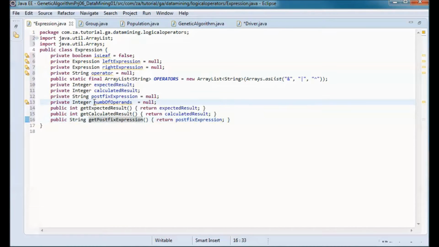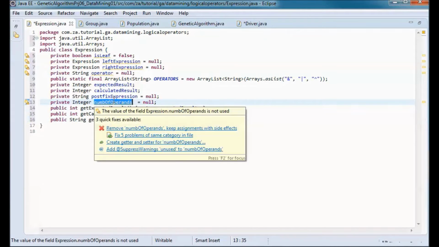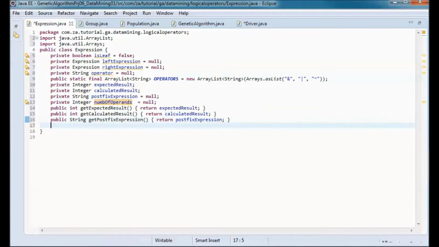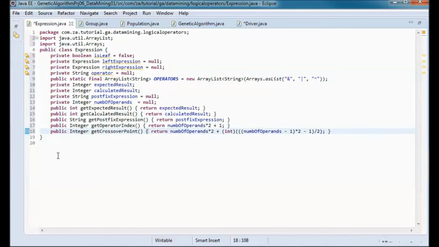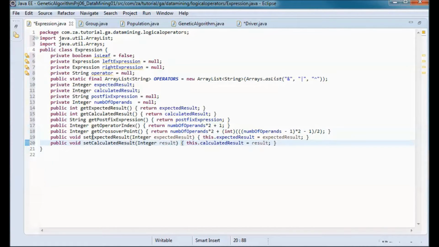And we will use the number of operands we have here in order to get the operator index and the crossover point. And we will have 2 set methods for the expected result and the calculated result.